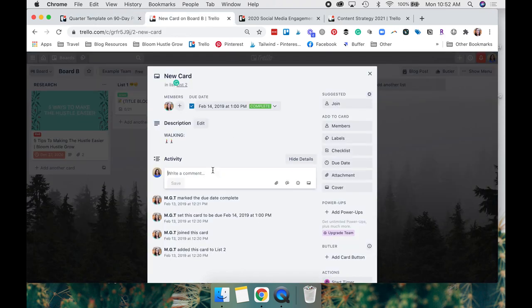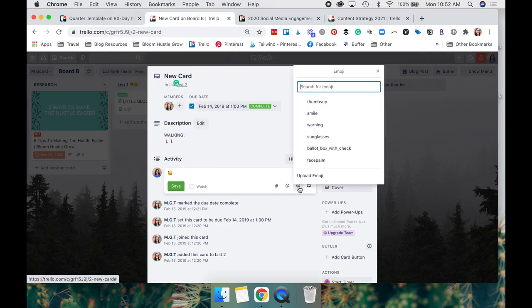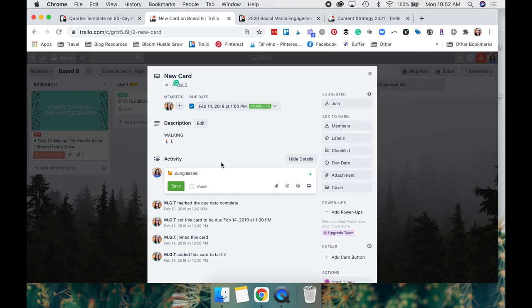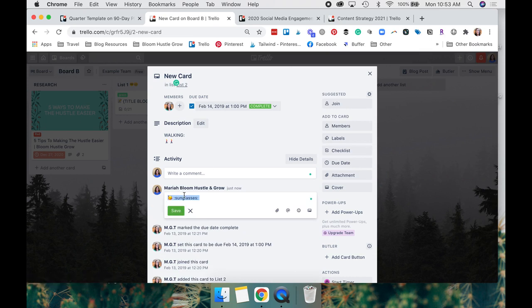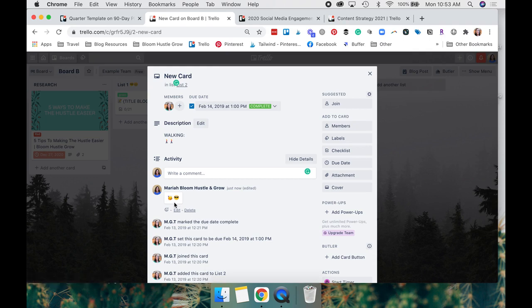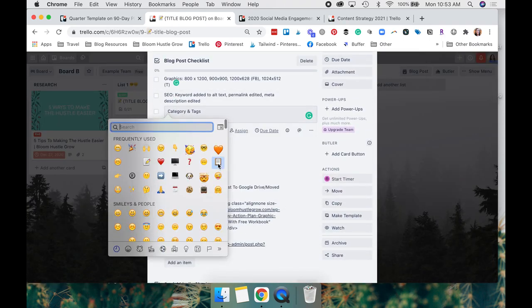You, of course, can use emojis in comments here. There's actually even an emoji button here. This is the only place that an emoji button comes up. Otherwise, I'm using the shortcut Control Command Spacebar to get that emoji menu. But there are emojis here within the comment section of Trello that you can use. And if you saw when I wrote it, it actually writes it out as syntax, but it shows up like that. You can also utilize emojis like in your checklists.